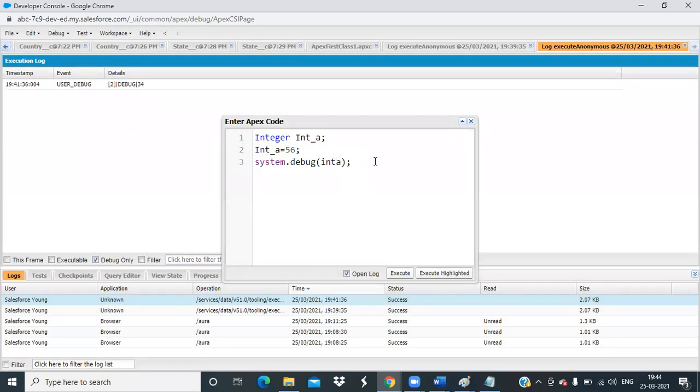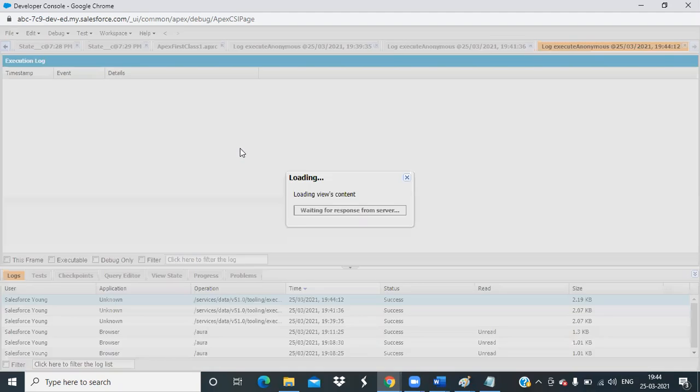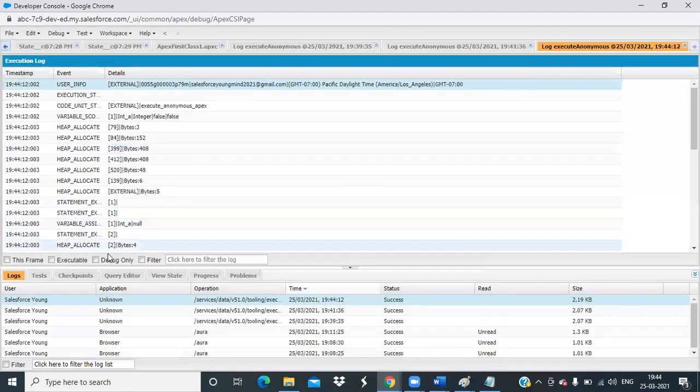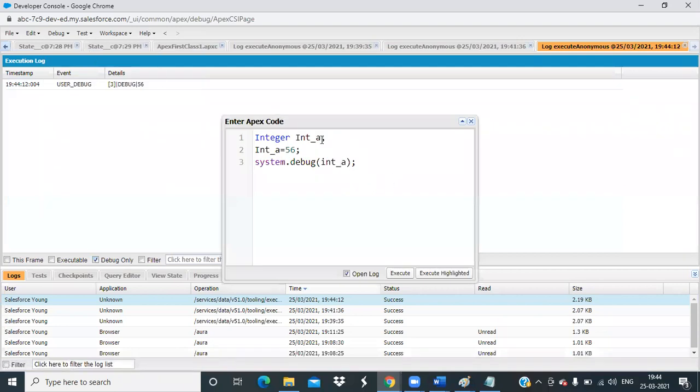Okay, sorry. In system.debug, yes. Correct. So we are getting the value 56. So either we can assign the value here or we can assign the value afterwards.